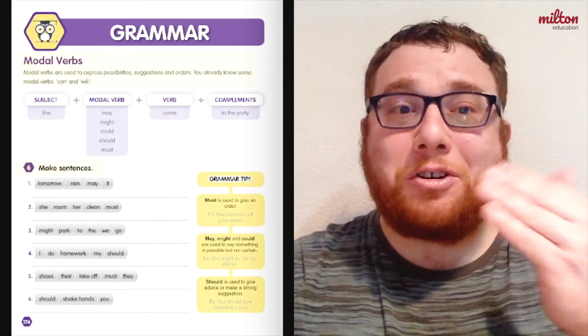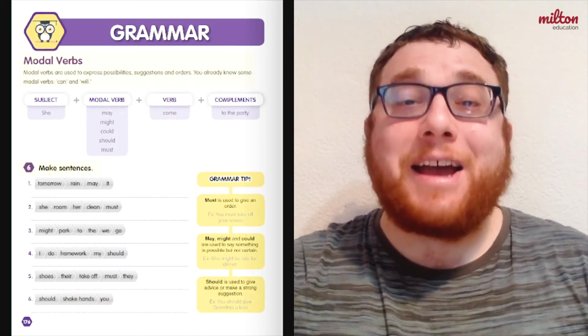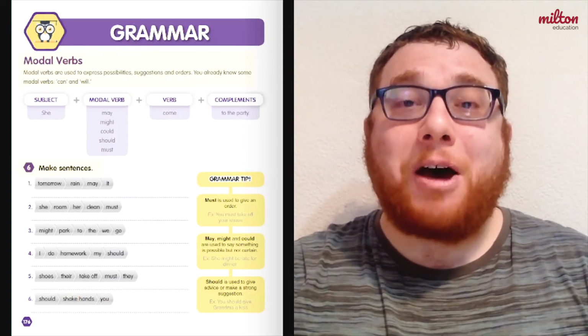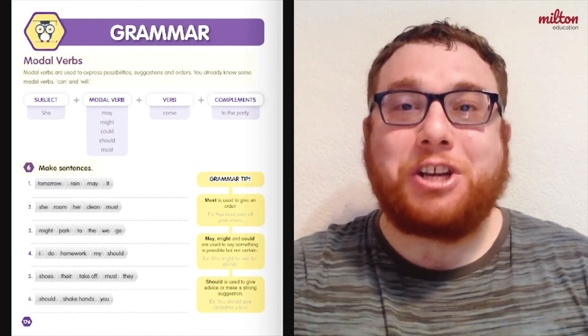Your grammar lesson was all about modal verbs. You learned about different modal verbs and how we can use them to talk about people's manners and traditions. Now you can tell someone who is going to visit China or Japan that they must take off their shoes when they enter someone's house, and that you mustn't give the OK signal with your fingers when you visit Brazil.